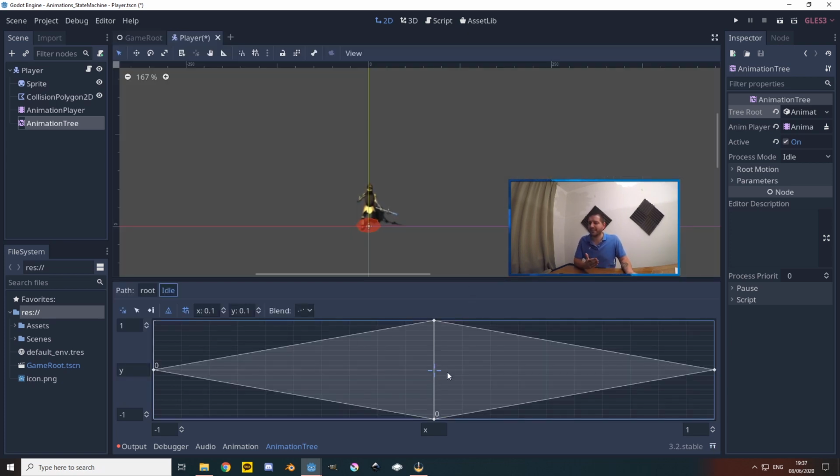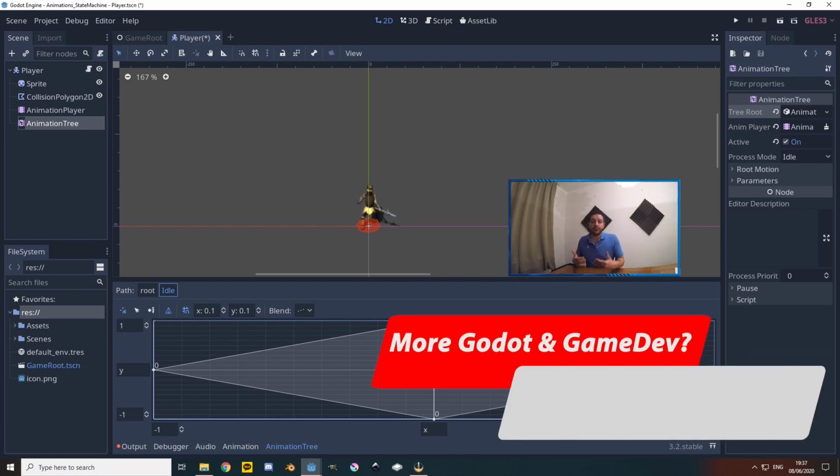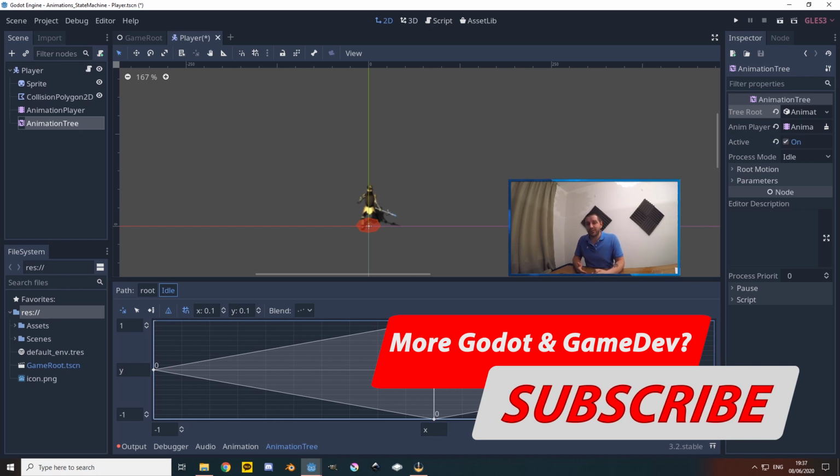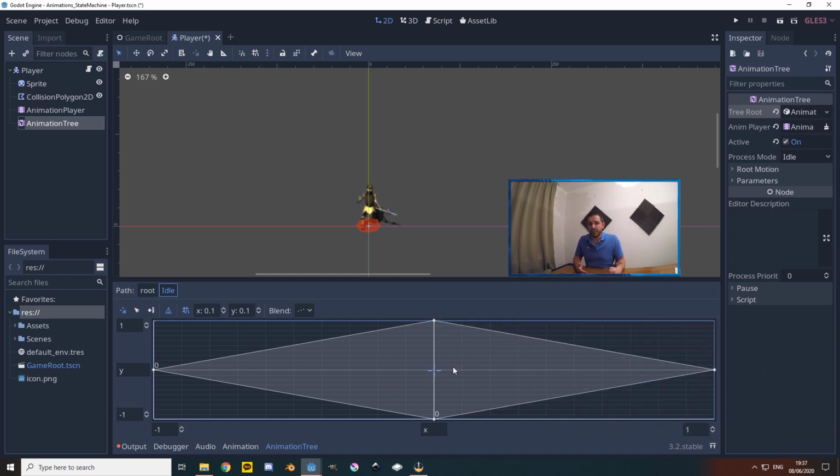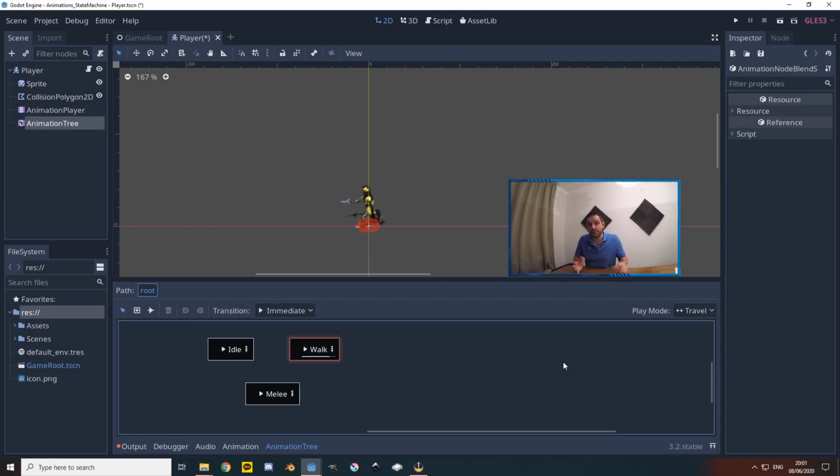So now that we have added this animation, we should have a look at adding the walk animation, because we require the walk for our code to start handling that. So we'll add the walk animation, or I'll do that off screen probably, as it's exactly the same. And then we're going to connect them up together. Then we're going to change the code. And then lastly, we'll add the other 4 directions of this 8-directional isometric sprite sheet. So hang in there. So now I have 3 blend spaces, one for idle, one for walk, one for melee.